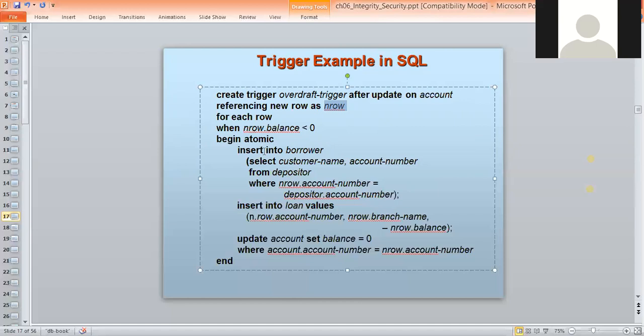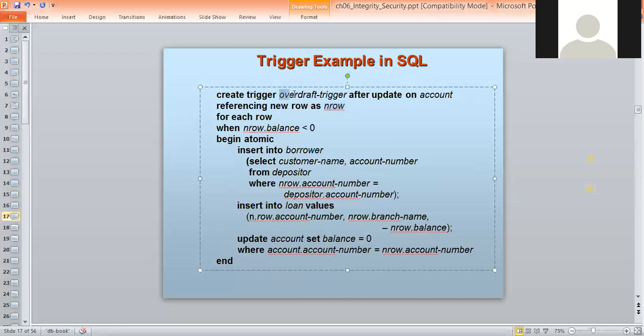So begin atomic, insert into borrower select customer name, account number from depositor where n row dot account number equals depositor dot account number, and insert into loan values n row dot account number, n row dot branch name, minus n row dot balance. Update account set balance to 0 where account number equals n row dot account number. End. By this way, the trigger is created.